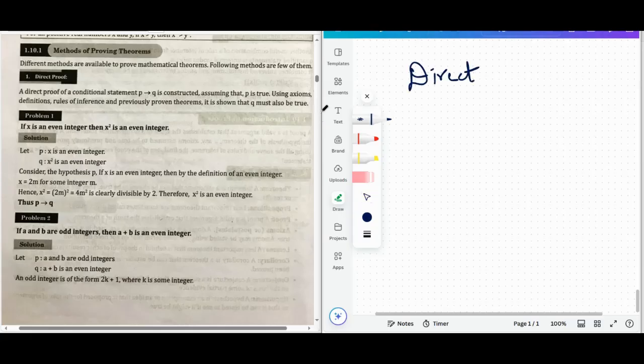Proving methods, we have the direct method. What is this direct method? For example, it is p implies q. Okay, then q is true. We have to prove